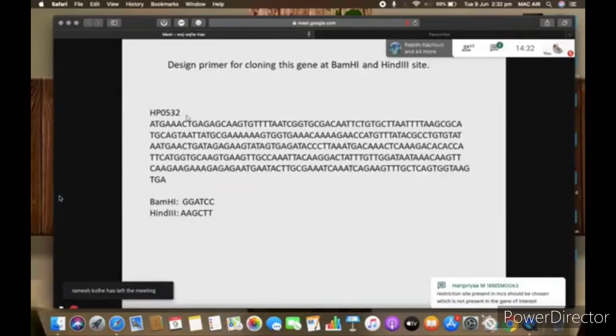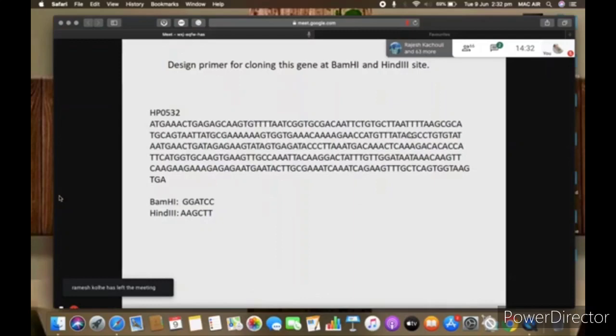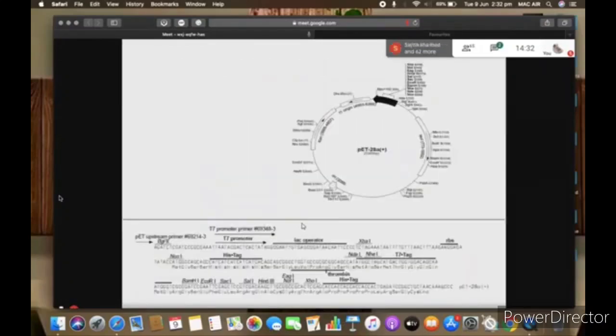In our gene, that restriction site should not be present. Now the question arises, then how can we ligate? If there is no restriction site in this, then how can we digest and create an overhang which is compatible with this restriction site so that it will ligate?